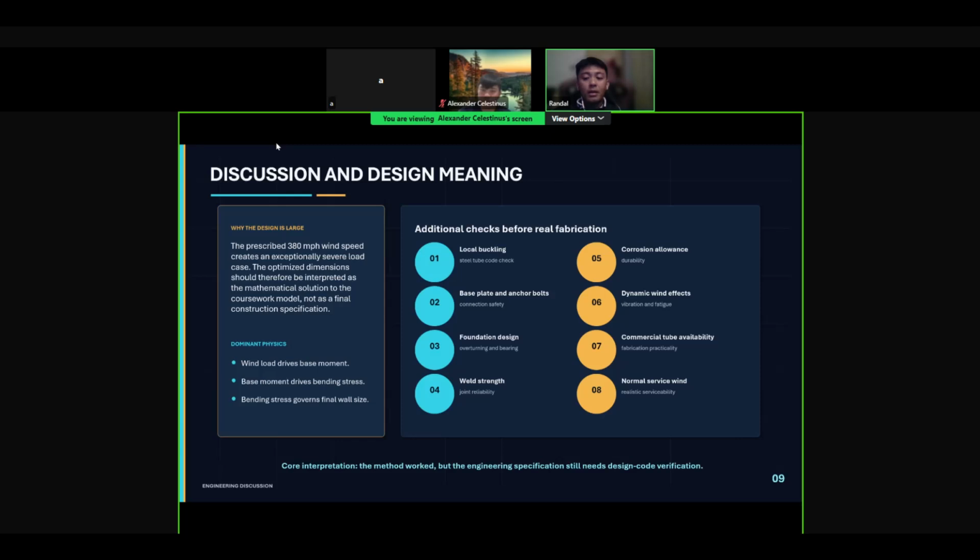This is important because the model in this project focused mainly on mass, normal stress, shear stress, deflection, and geometric constraints. Therefore, the result is more suitable as a mathematical optimization solution and preliminary engineering design. For the last slide,